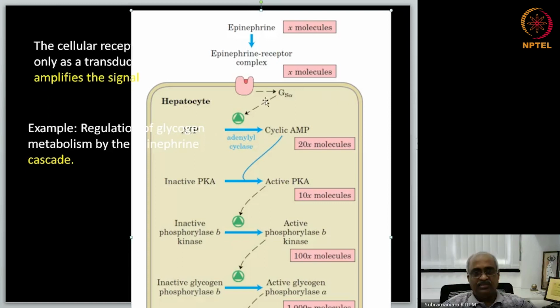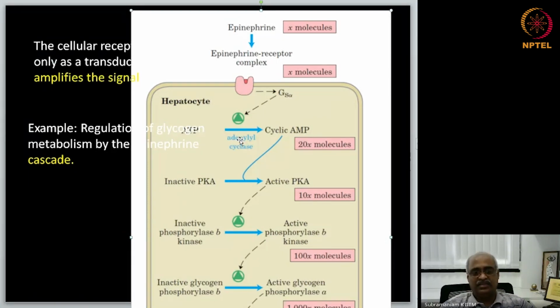And now this molecule, this G protein, that one single interaction, epinephrine X, let us say X is 1, that ends up producing 20 cyclic AMP molecules. Okay, because this enzyme is constantly active, it has its own turnover rate,